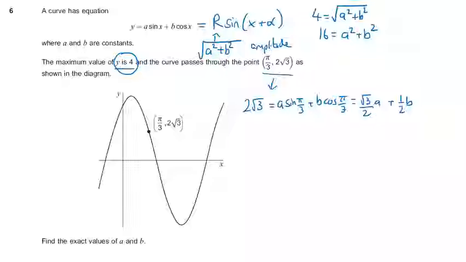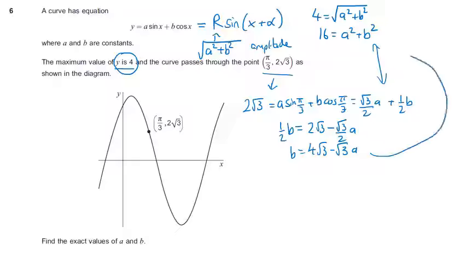So if I rearrange, I've got 2 simultaneous equations here. So the easiest way to solve that is to rearrange the linear equation for one of the variables. So let's say I rearrange it for b. So I'm going to have 2 root 3 minus root 3 over 2a, and then I'm going to multiply by 2. So b is going to be equal to 4 root 3 minus root 3a. So if I then substitute that into the quadratic, I get 16 is equal to a squared plus 4 root 3 minus root 3a